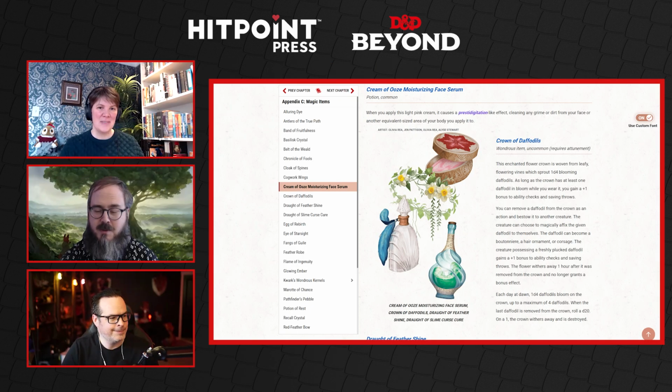One of the ones that speaks well to the Humblewood setting is the Crown of Daffodils. Like it says, Crown of Daffodils, but you can give these daffodils and turn them into boutonnieres or put them in someone's hair, and it grants them some bonuses to their ability checks and saves. You can ask everyone out to the prom, I guess, is the idea.